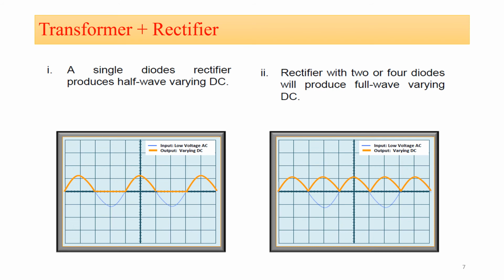Similarly, if you observe the output of your bridge rectifier, please observe the second picture. In the second picture, your diodes are conducting for both the cycles. Blue color indicates the output of your transformer, while the orange color indicates the output of your rectifier. If you observe, for both the positive half cycle and the negative half cycle, your diode is conducting, meaning you are getting output for both the cycles for the bridge rectifier. That's why the bridge rectifier is most suitable in power supply design.